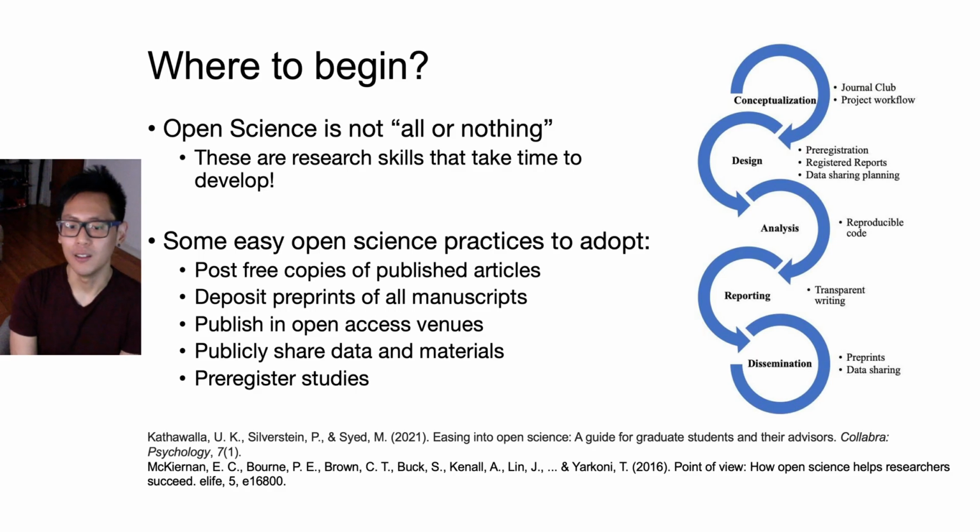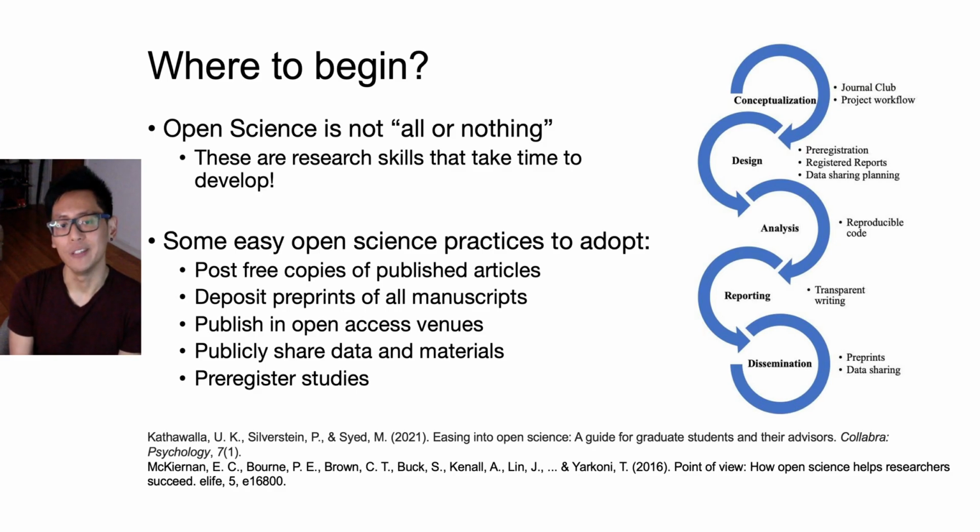And data sharing on repositories like the Open Science Framework that I've mentioned. Again, data sets that are open can be cited themselves, and with more open data sets, they may be combined and promote collaboration, as well as improve the quality of meta-analyses, for example, because they can actually get to the data rather than relying on the statistics reported in those manuscripts. So some easy open science practices to adopt include posting free copies of published articles, depositing preprints of manuscripts,